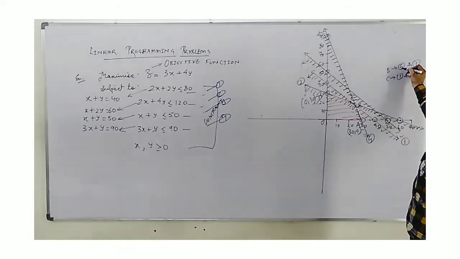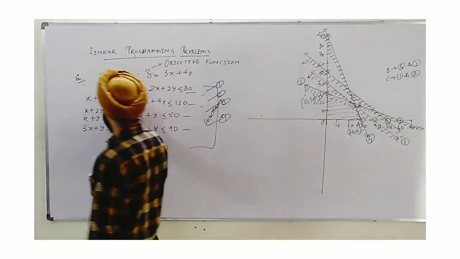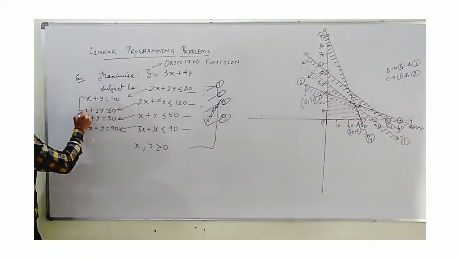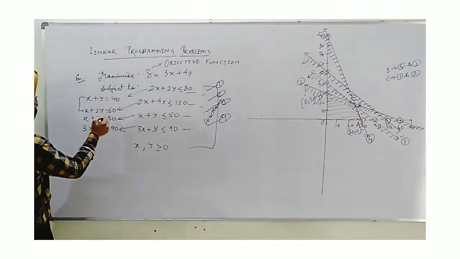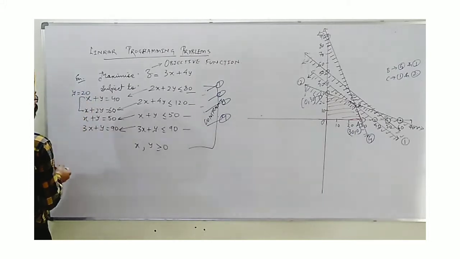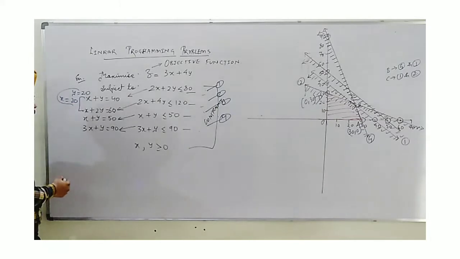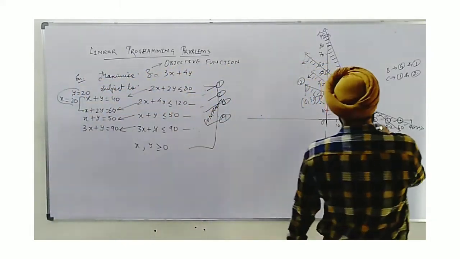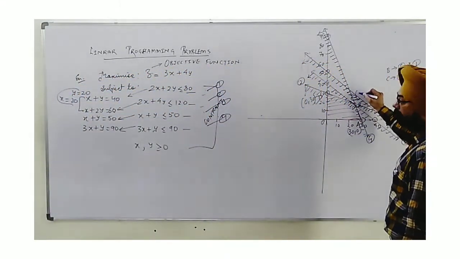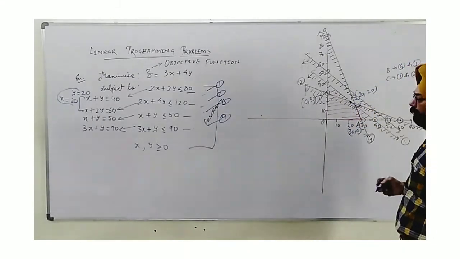Here it becomes 4. Now we can solve first equation and second. So first and second means these two equations we need to solve. If I take subtraction between them, x and x cancel out, 2y minus y is y, 20. So y is coming 20 and x also will become 20. You can see, the point where 1 and 2 are intersecting is point C. Its coordinates are 20, 20. Yes, we can see according to the graph also it is correct.